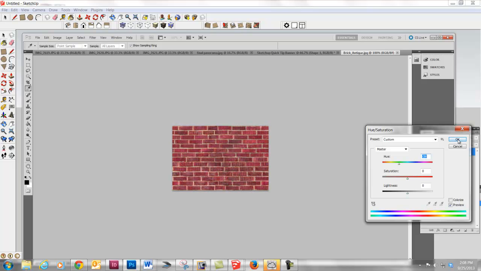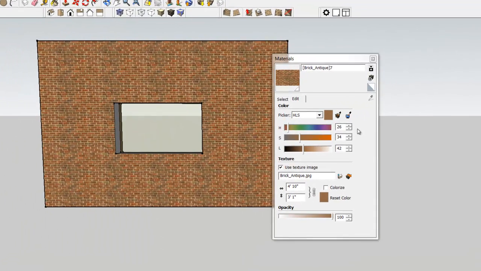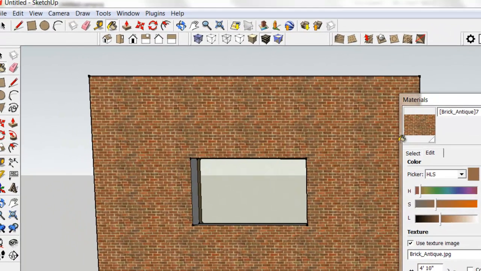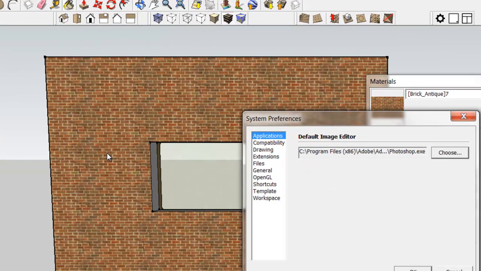And I know a lot of people are telling me, okay, I don't have Photoshop. What I teach to use in my classes is Photoshop Elements, which is the kind of consumer version of Photoshop. And probably 95% of what I do, I can do in Photoshop Elements, and it's about $79 to download that. So to set this up, what you're going to do is go to Window, Preferences, and